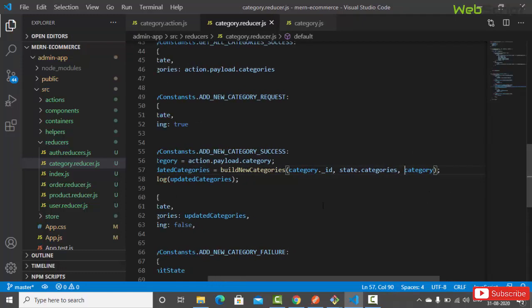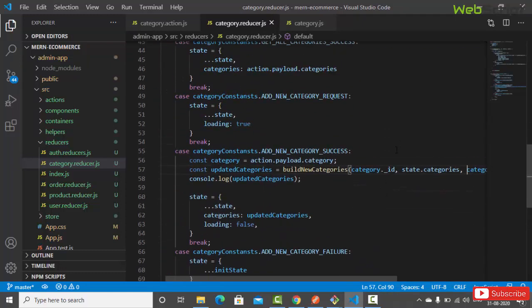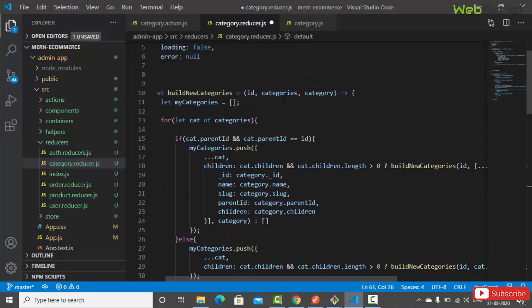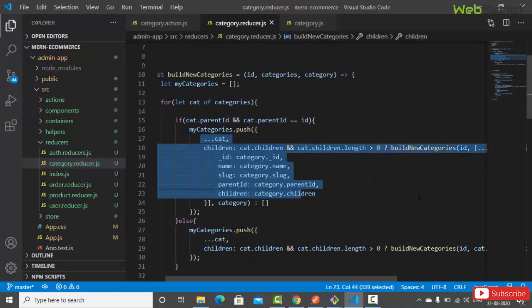Now let's save. So here it is not _id, it is actually parent, because this is a newly created category, right? So the ID will be new, but we will also have the parentId. For example, it belongs to mobile, so here we need the mobile ID, and here we'll compare that ID. So here it is parentId, and we'll compare cat.parentId, so it's a mobile ID. If the mobile ID gets matched, then we'll push that new category in the children of the mobile, right? Now let's save this,